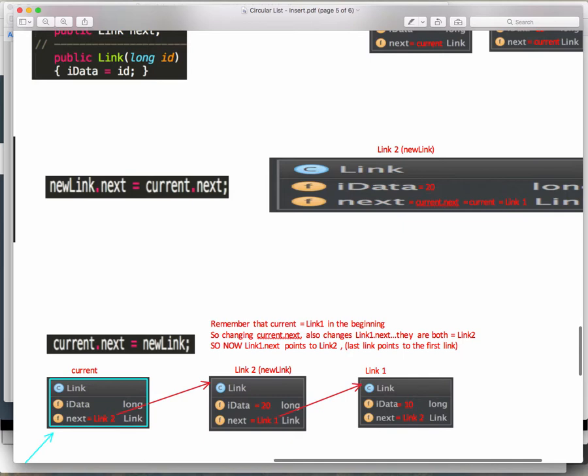Okay, right here. So remember that current is equal to link 1 in the beginning. So changing current.next also changes link 1's next. That's one of the tricky things, because you have two objects that are equal to each other. If you change one of these objects, you're also changing the other object. Does that make sense? So as soon as I say current.next is equal to new link, I am actually,